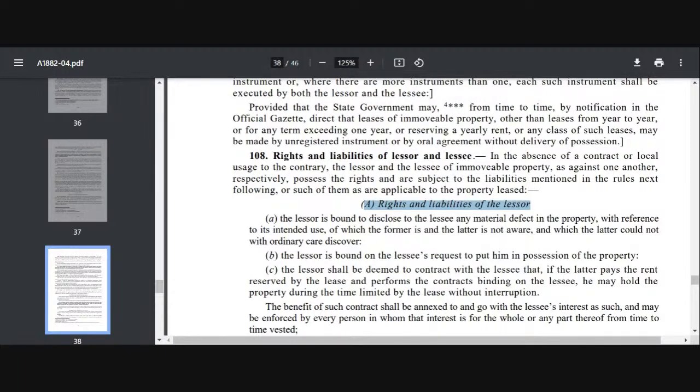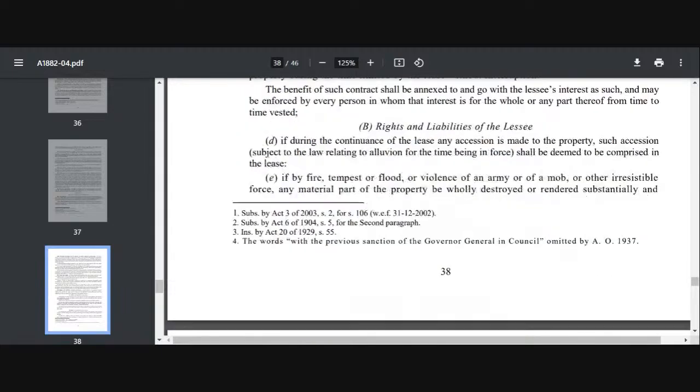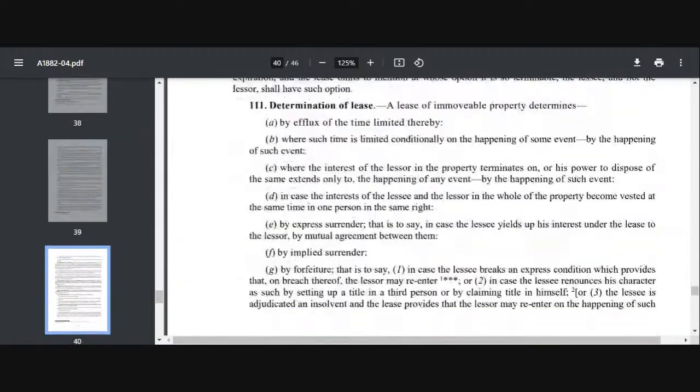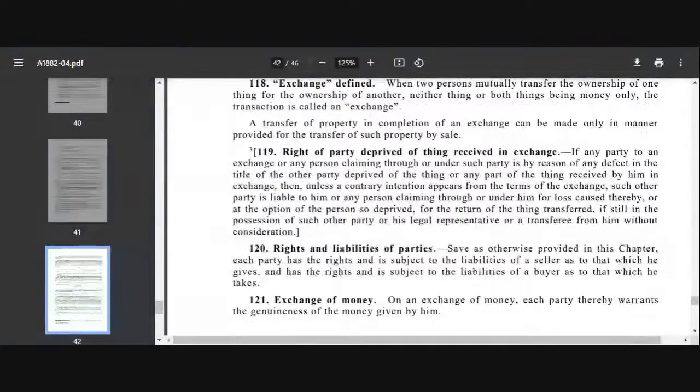And I'll directly go to the chapter of exchange now, which is under 118. Exchange is a very easy chapter. It is a transfer of ownership for consideration of ownership of another property. So in exchange you are not paying money, you are taking one property and giving the other property. So it is just for consideration of the ownership of another property. It is not for money or price of sale. Okay, so it is exchange.